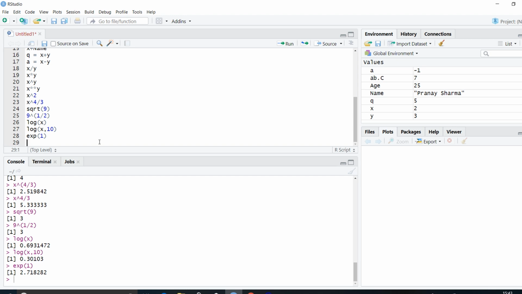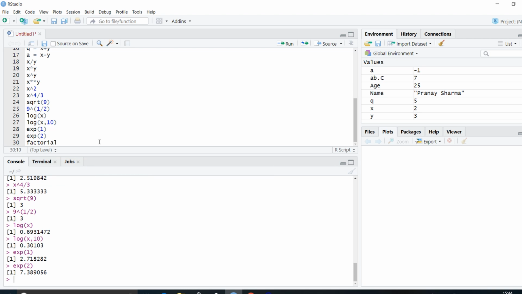So that is basically our e raised to 1, or e. That is our Euler's constant. You can say exp bracket 2, that is e raised to 2, Control Enter, and you can see 7.389, that is our e square. So these are different functions. Other than that, if you want to write a factorial, for that we have a factorial function.